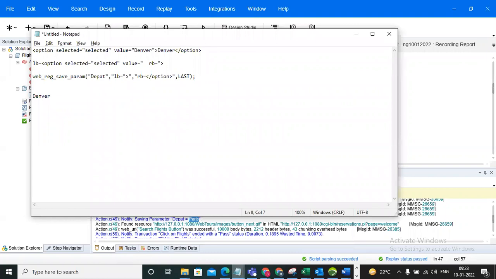Denver. Okay, so I need to capture only 3 characters. No need for VER. I want to capture only Den.